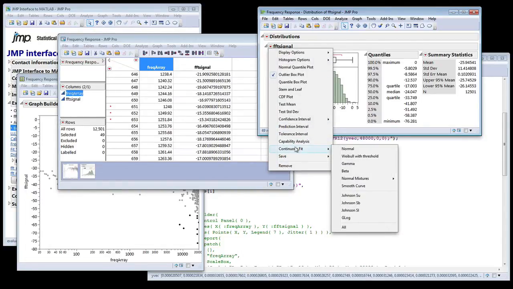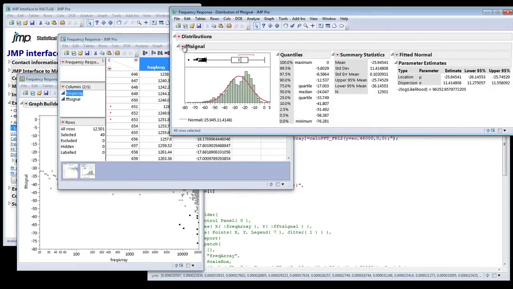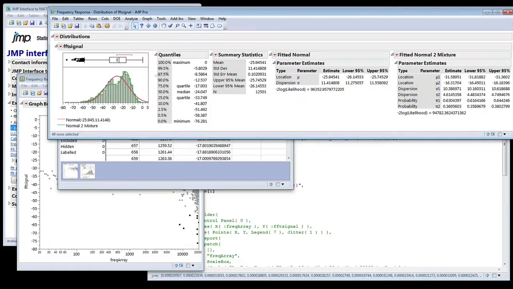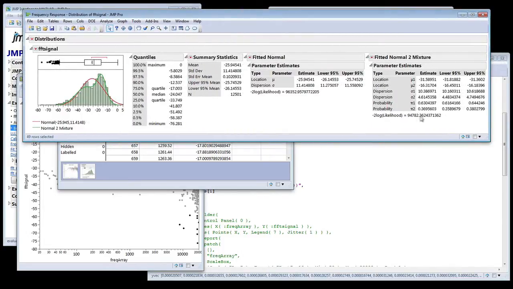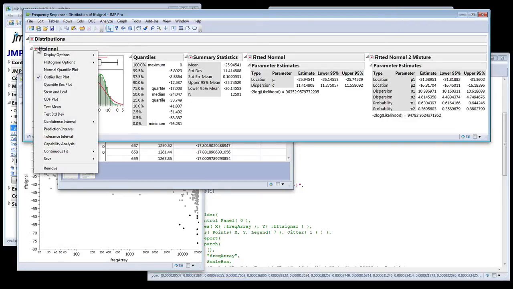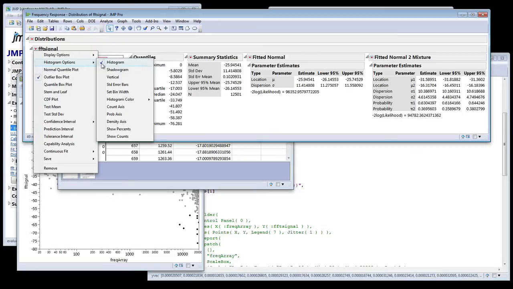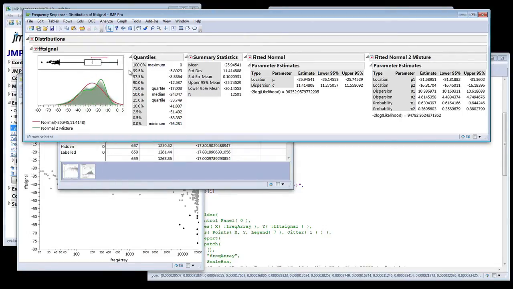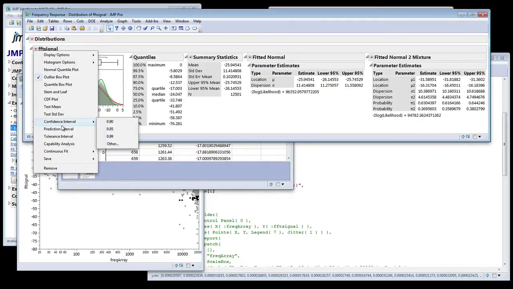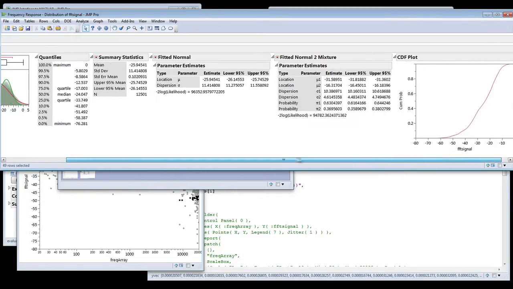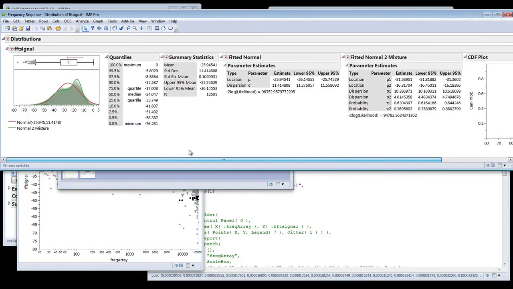I can add a continuous fit, such as a normal curve or a normal mixture. And I get all of my statistical output here for the location and dispersion probability. I can adjust the histogram. I can change the color here, add a shadowgram. Change my confidence interval. Look at a cumulative density plot, and have lots of built-in functionality to explore these data without having to write